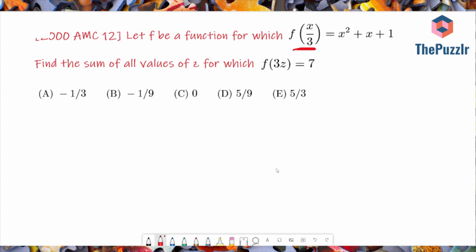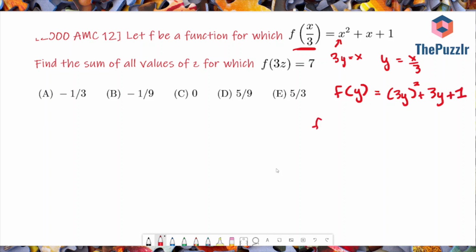Let's say y is equal to x over 3. Okay, so then this would become f of y. And then this x term, well, if y is equal to x over 3, then multiplying both sides by 3, 3y equals x. So this becomes 3y squared, so 3y is in parentheses and then squared, plus 3y plus 1. Or f of y is equal to 9y squared